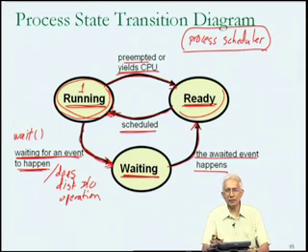So a diagram like this is very useful. It gives us a good idea about the behavior from the perspective of processes, the behavior that processes can expect in terms of how the operating system process scheduler is sharing the CPU time among all the processes on the system. In practice, you may see process state transition diagrams with many more states. For example, if you looked at the Linux process state transition diagram, it may have a large number of states, and that may relate to certain other conditions which may have to be taken into account,